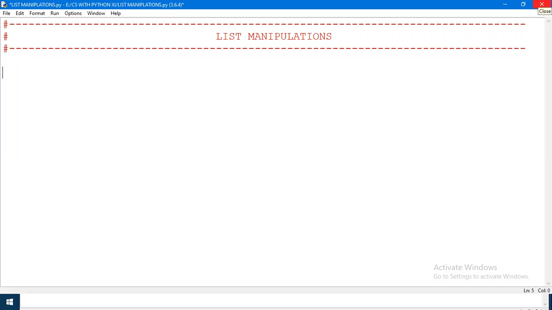We know how to declare a list, that is using this particular statement. When I say L equals opening and closing square brackets, we declare an empty list. Now, if you just want to enter elements in this list at runtime, so I normally say,